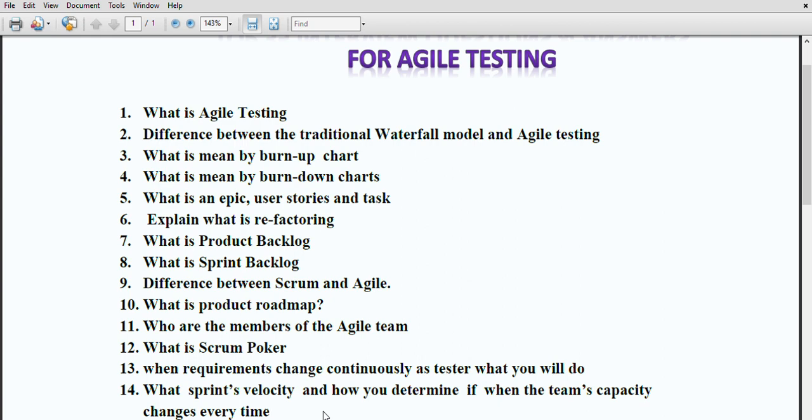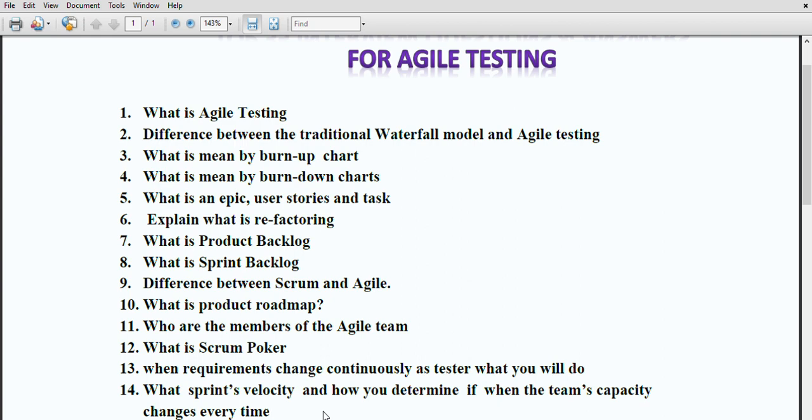When requirements keep changing continuously, as an Agile tester you can write a generic plan and test cases which can be further used. It may not include an exact match with the details or requirements, but you have some idea what requirements will get changed.